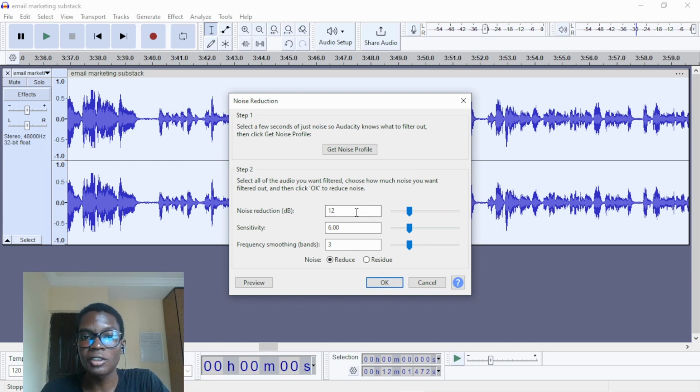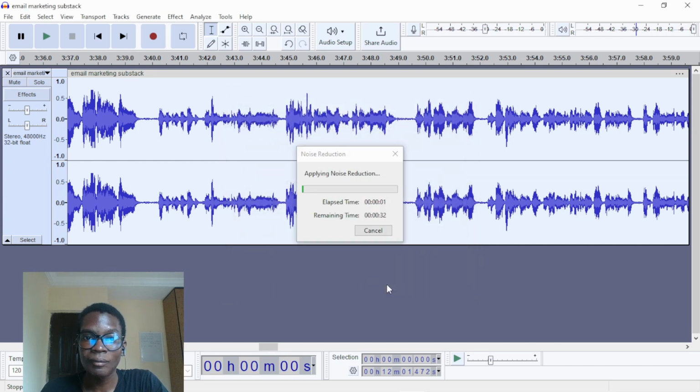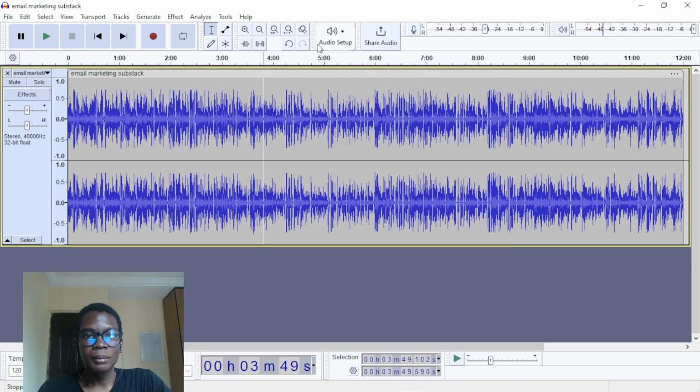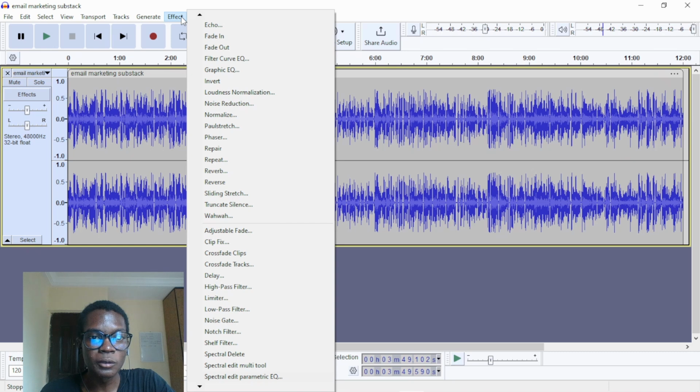So the noise reduction is already set to 12 decibels, and all of these settings are already there. So using the noise profile we got from just that part of the video the first time, this time around we just click on OK, and it applies the noise reduction. But now we have this, and the final thing I do for each